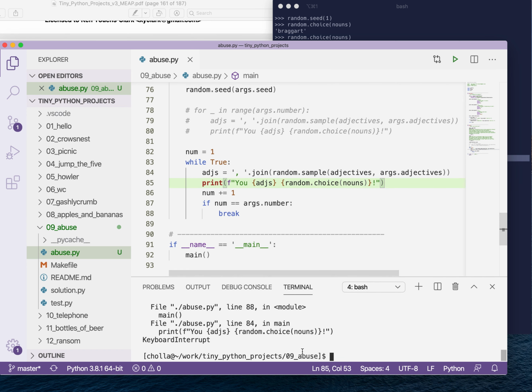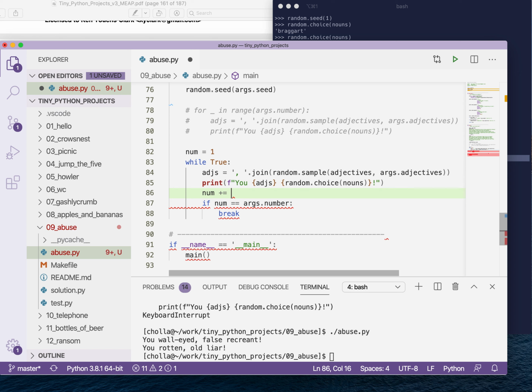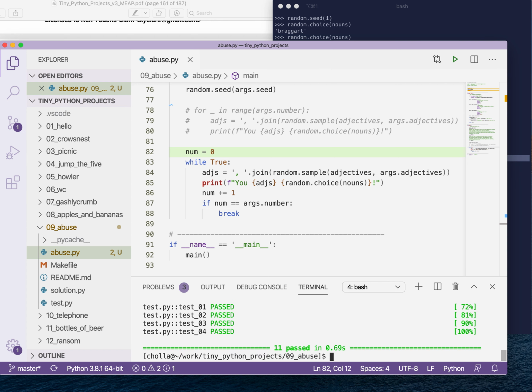That should work. Let me just make sure. Let's see, it's supposed to be 2. Maybe I should start off at 0. It's supposed to create 3. Let me run my test suite and make sure that works. Yes, so